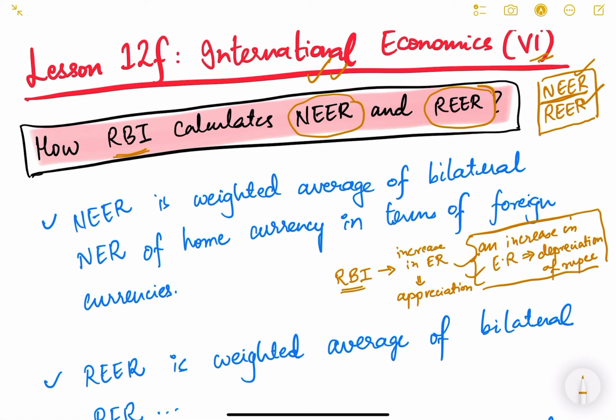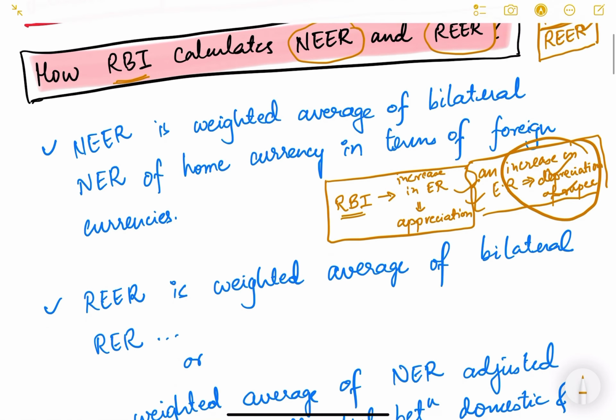That is a very important thing, because in the UPSC prelims exam also once or twice such kind of questions have come and people become very confused because of it. But the only thing is, in India we use the reverse definition and not the definition that is usually used in the literature and also used by the common man. So that is the reason why we will look at how REER and NEER are actually calculated. So let us look at that.